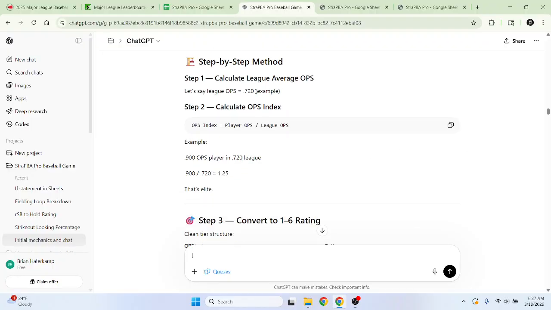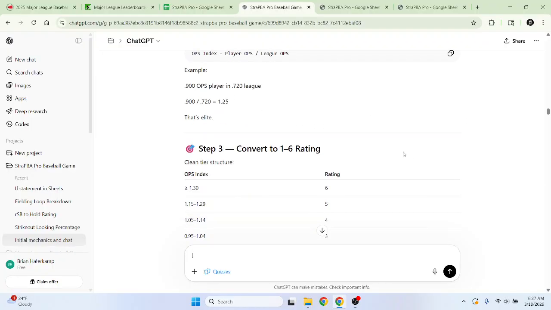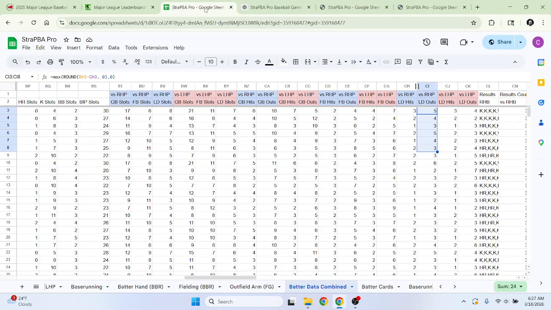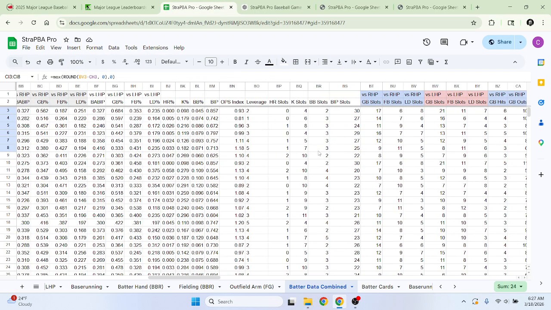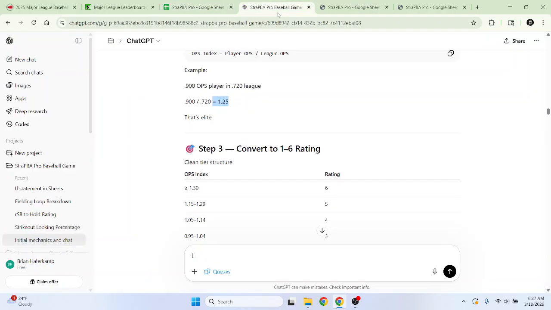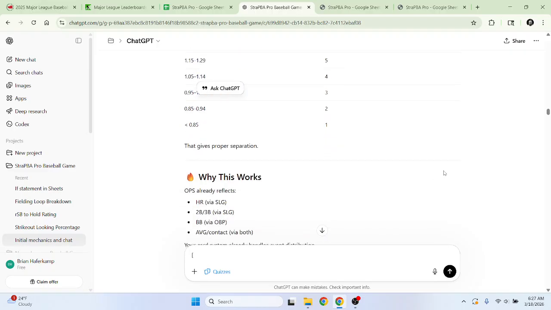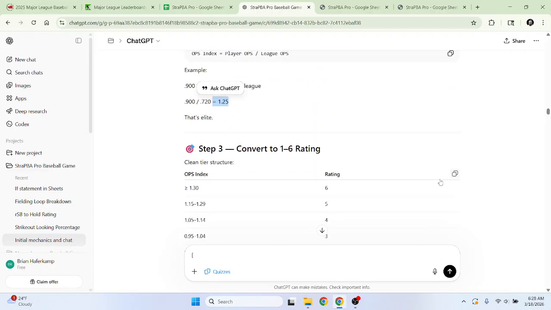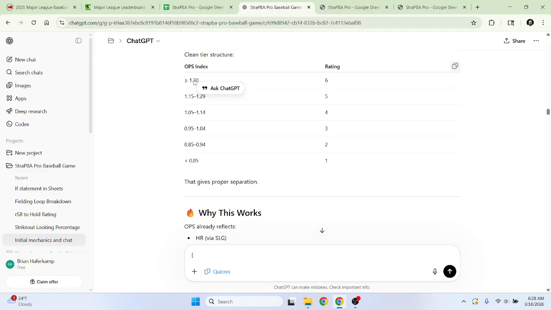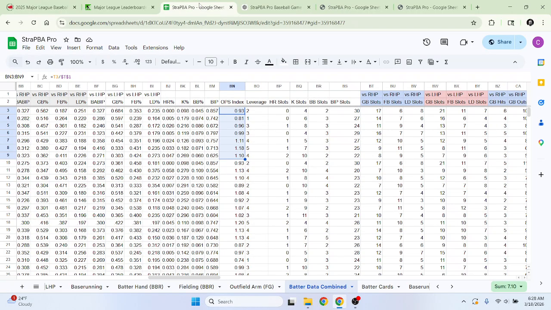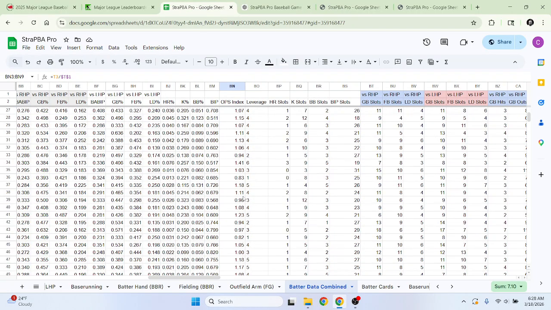So it's saying calculate the average OPS, and then you determine each player against the average league OPS, which is where we start to see this OPS index. We're starting to build this OPS index. And then we need to convert that to a 1 to 5 or a 1 to 6 rating, so that if your OPS index is greater than 1.3, then you get a 6. You would have to go down to,